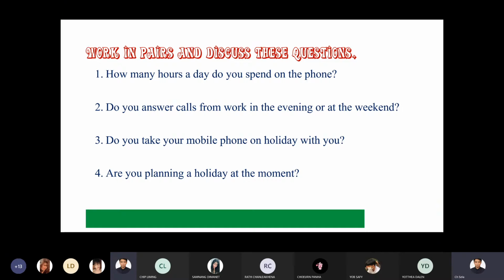So let me give you my personal answer. Okay, I spend 2 hours a day on the phone. Mostly I watch YouTube on it. Right now when I'm teaching you here, I use my laptop, not my phone. So you may use your phones more than 3 hours a day, correct, because you have to study. Some of you use your phone to join Microsoft Teams and study here.